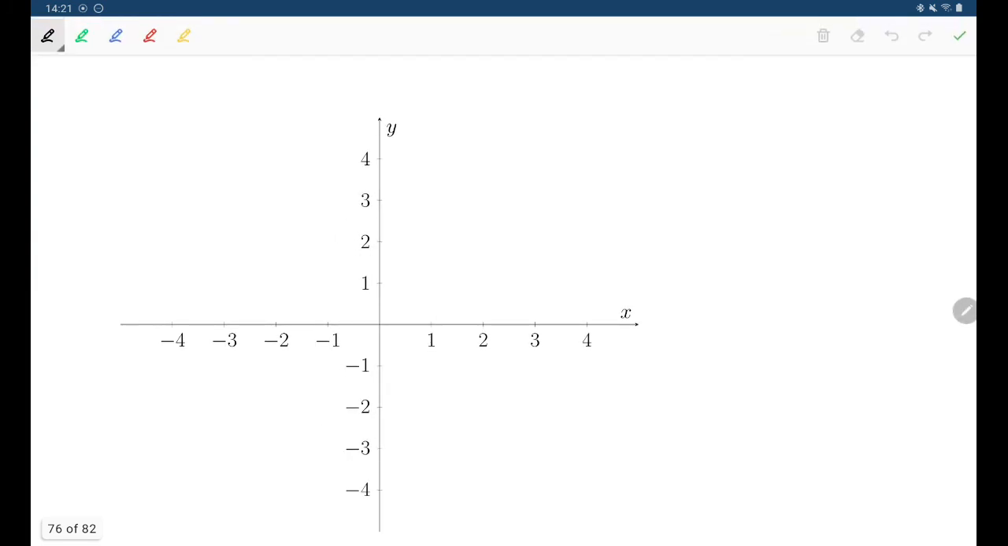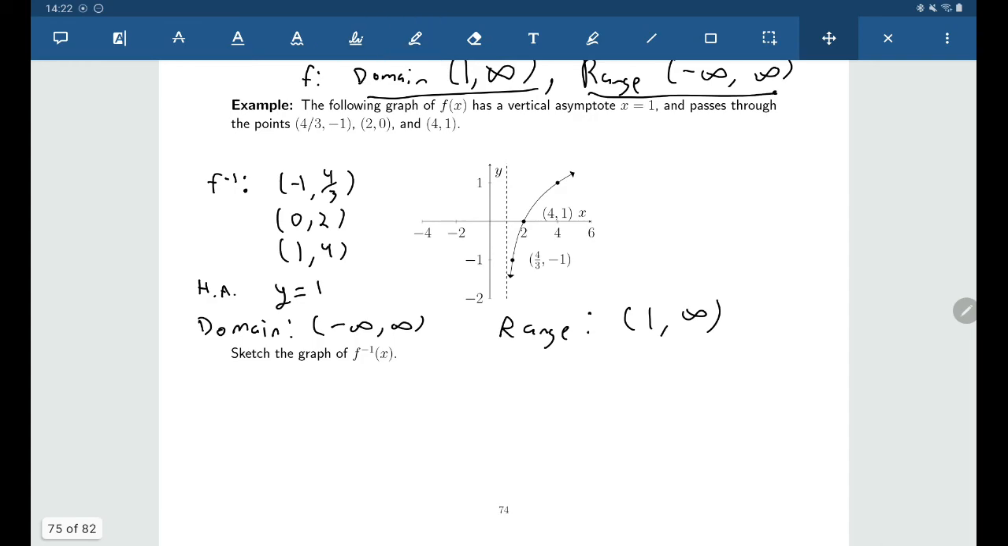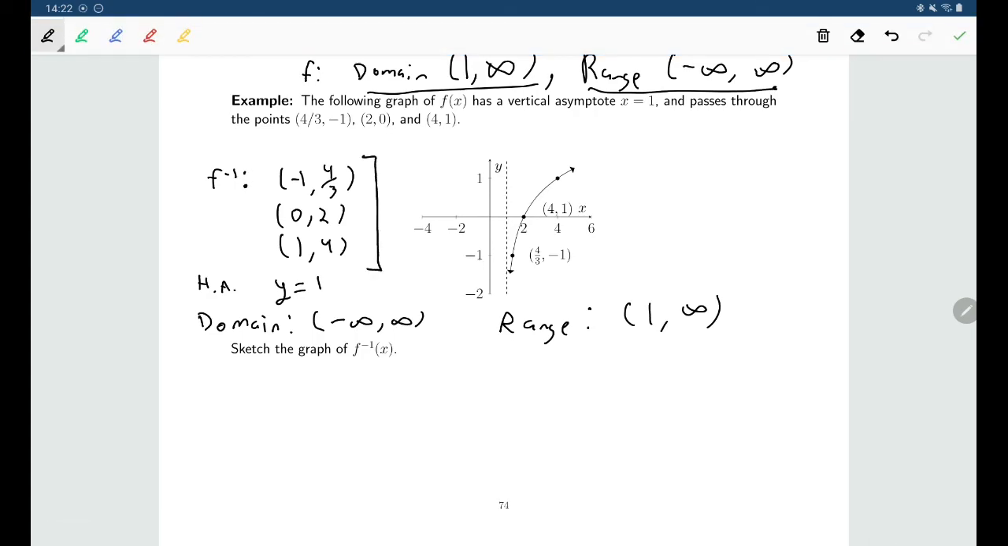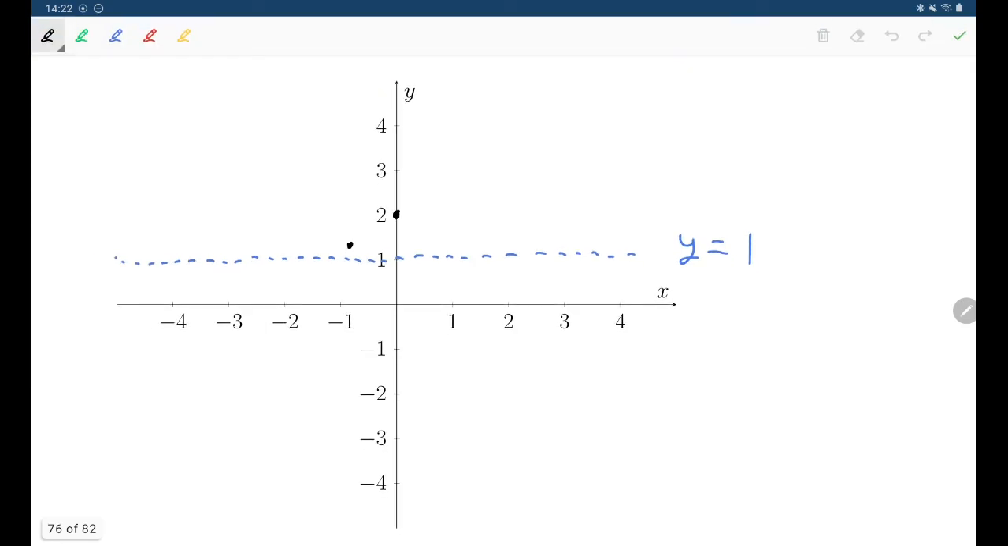So I'll start off by drawing in my horizontal asymptote. So there's y equals 1. We had the point (-1, 4/3). We had the point (0, 2). So if we're going back and just confirming, we had again the points (-1, 4/3), (0, 2), and (1, 4). And just to draw what I've got,